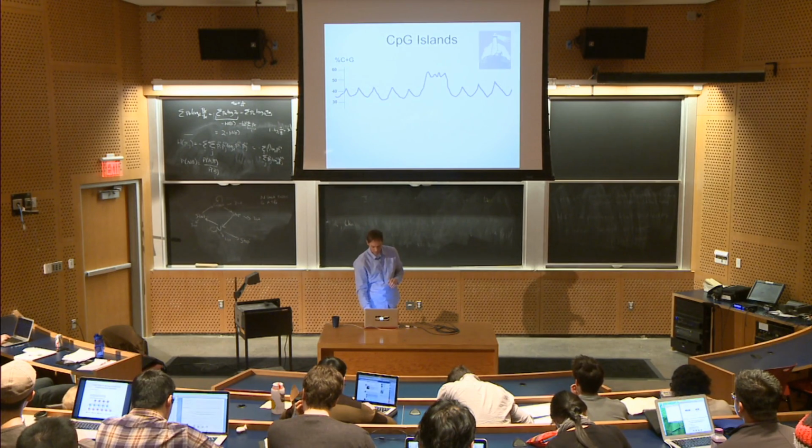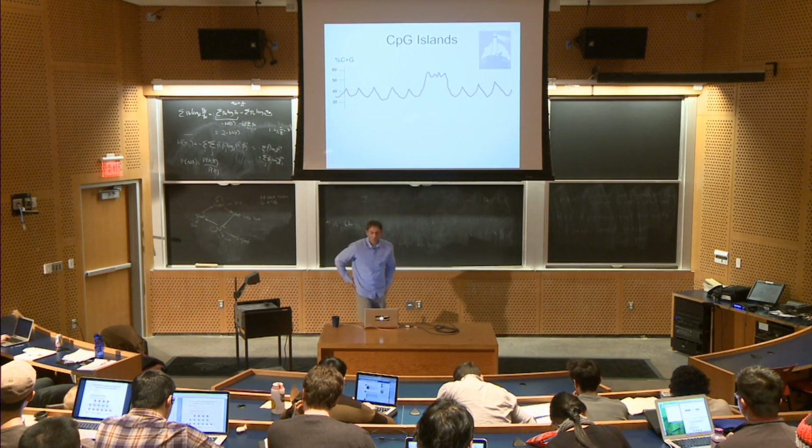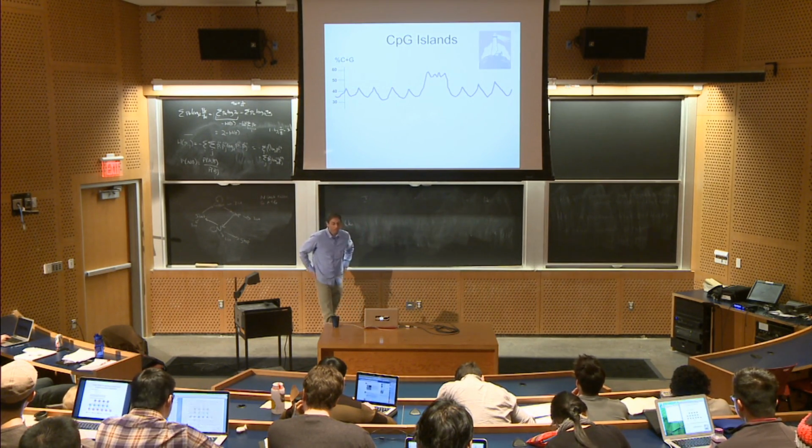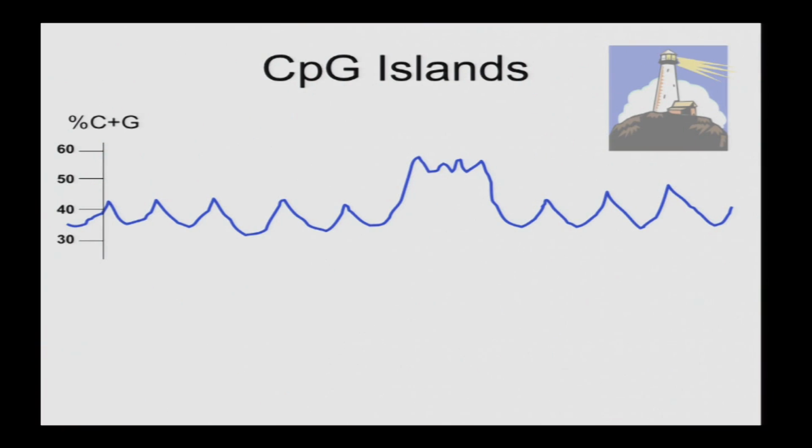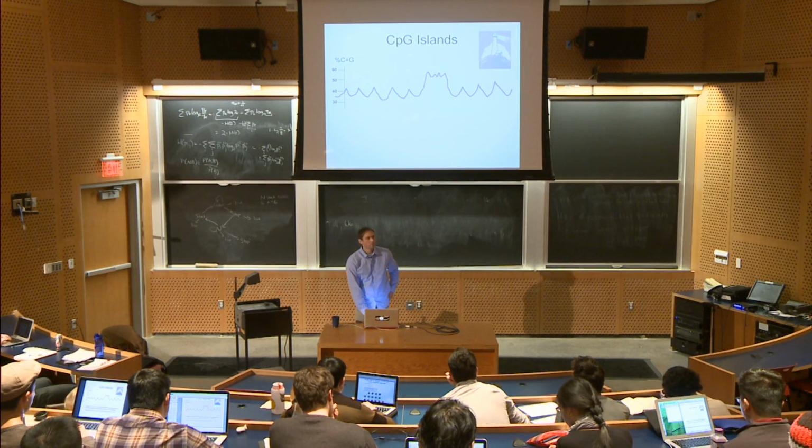All right, so for the sake of illustrating the Viterbi algorithm, we're going to use a simpler HMM than that, okay? This one only has 2 states, and its purpose is to predict CpG islands in a vertebrate genome, okay? So what are CpG islands? Anyone remember? What is a CpG island? Anyone heard of this? I'm sure some of you.